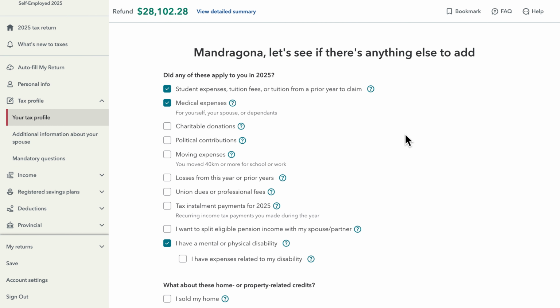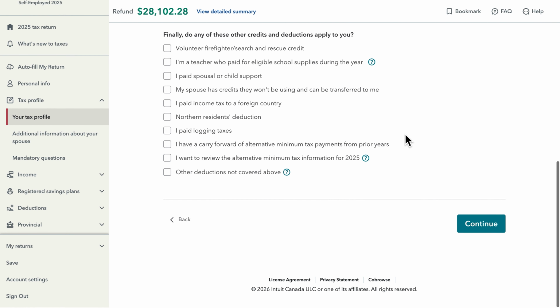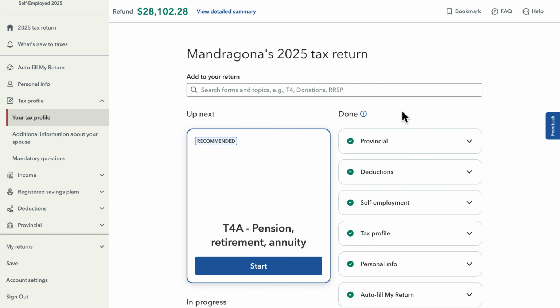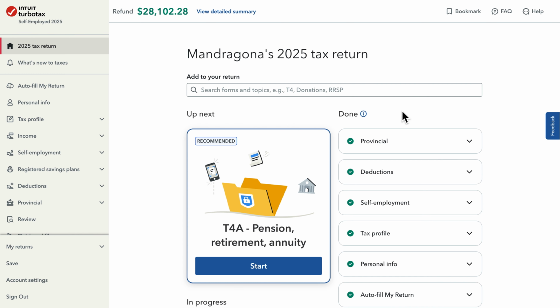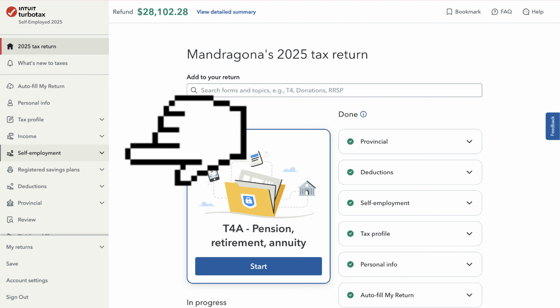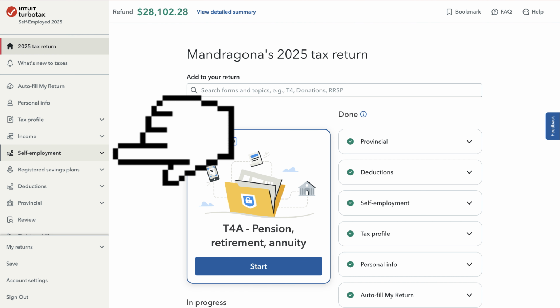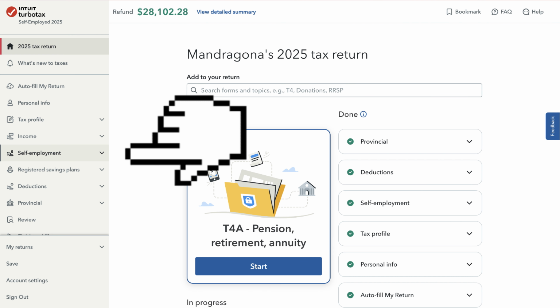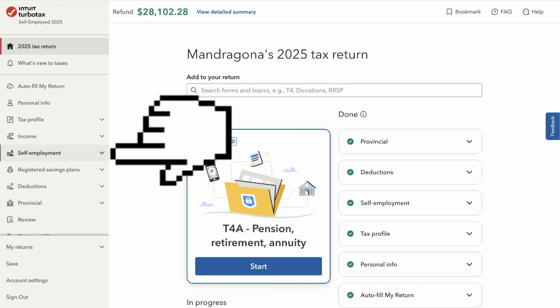Just remember to pay attention to each TurboTax question and choices, because usually it will relate to your new income tax slips. And when you reach this page again, your home page, you will see this self-employment option that just appeared. Basically, when you add a new type of income, it will appear over here below the income option,